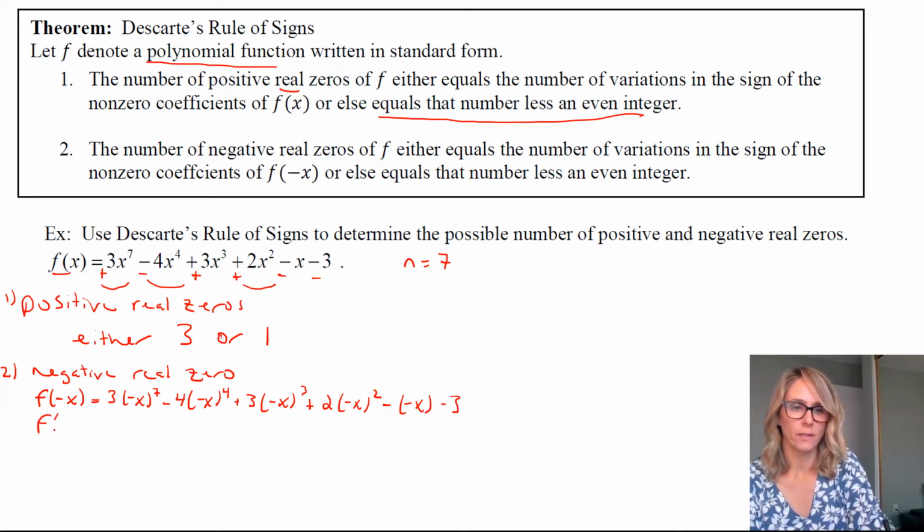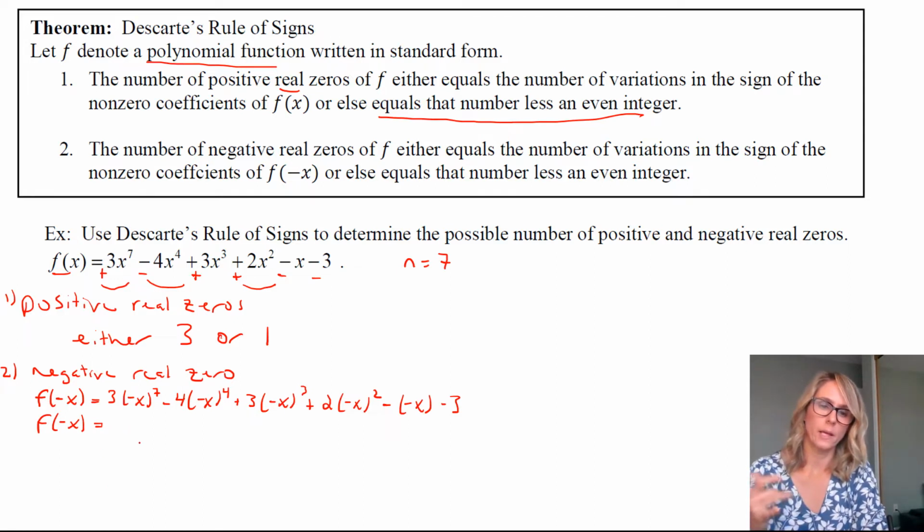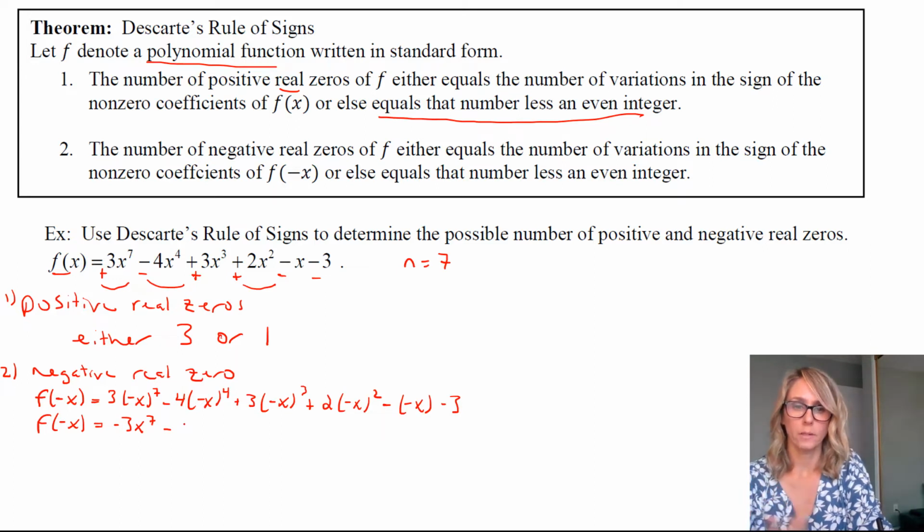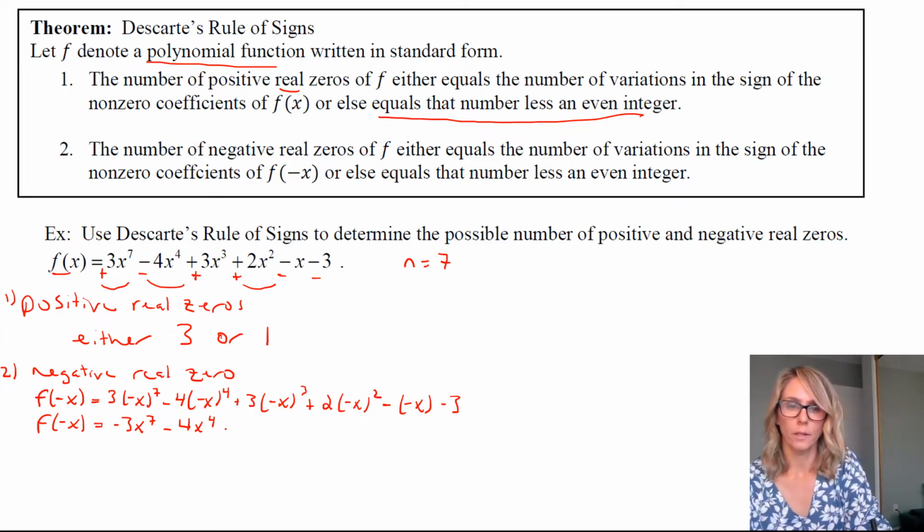And then let's just simplify that, and then we'll take a look at how often the signs switch. So anything with negative x to an odd power is going to stay negative, so that'll give us a negative 3x to the 7th. While we have negative x to the 4th, that's positive, so minus 4x to the 4th. Negative x cubed, again that's odd, so it's going to be negative